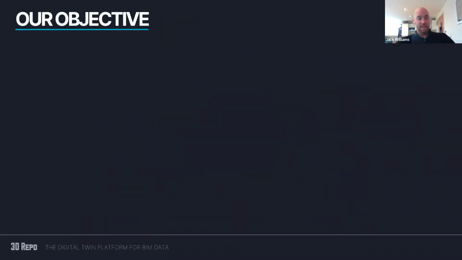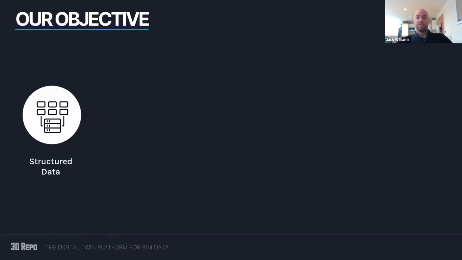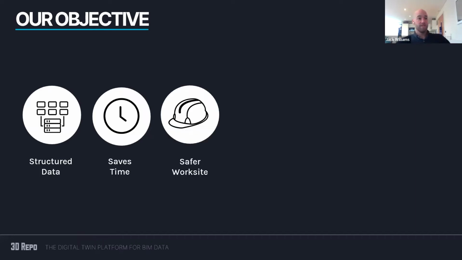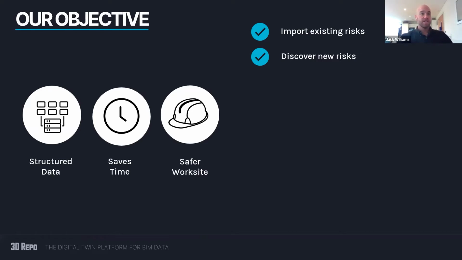Our objective was simple. We wanted to define a structured data schema for health and safety information, one that saves time and has the potential to provide a safer working environment for all construction professionals. It needed to be developed so that existing risk information brought through from a previous stage could be easily imported. It needs to be simple to use in an environment where the risk could be identified using existing BIM data, one where risk could be defined by the likelihood and severity,